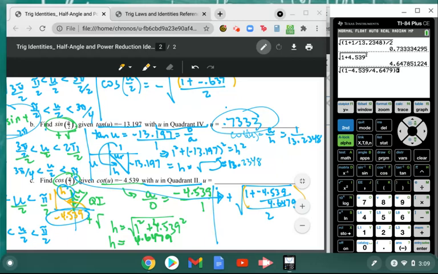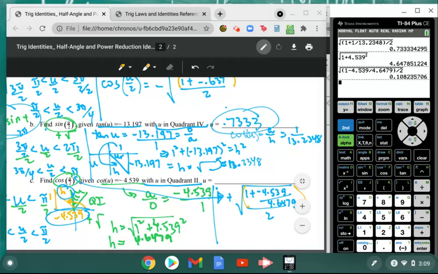Parentheses to close my numerator, divided by 2. So I'm just going to check: 4.539, good. 4.6479, good. I was adding a negative here, so I just wrote the negative. Everything looks great. Hit enter, and I get